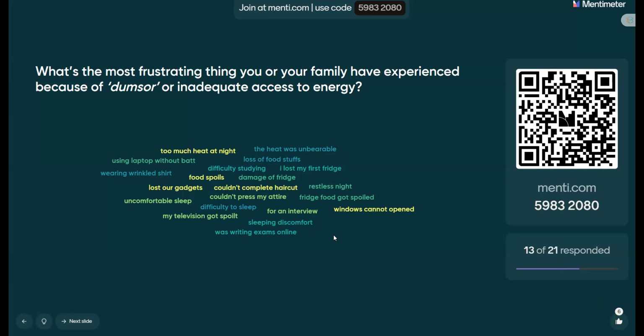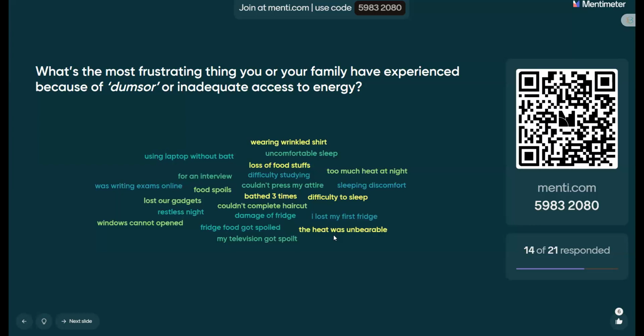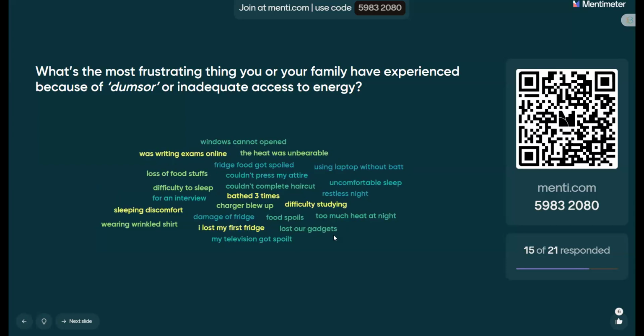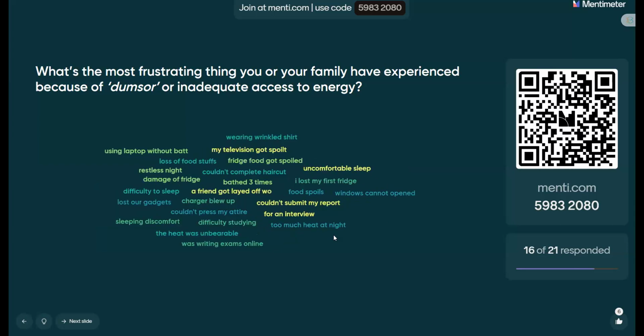I didn't want to jump the gun, but when I did this last year with economics students, we cried because a lady said, I lost my dad because the hospital that he went to didn't have any light. And at that time, their standby generator too was not working. So I lost my dad. When she was saying it, she cried in class.